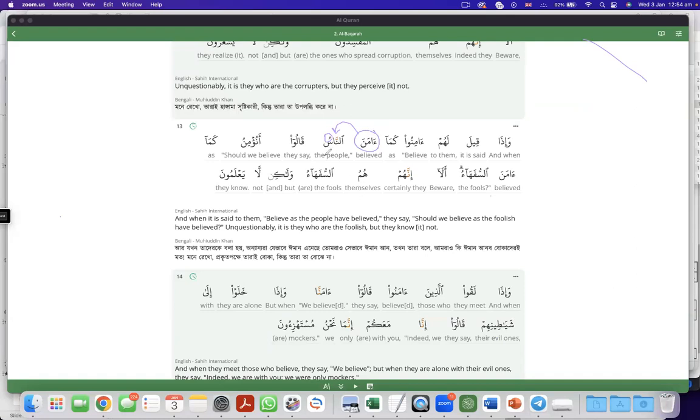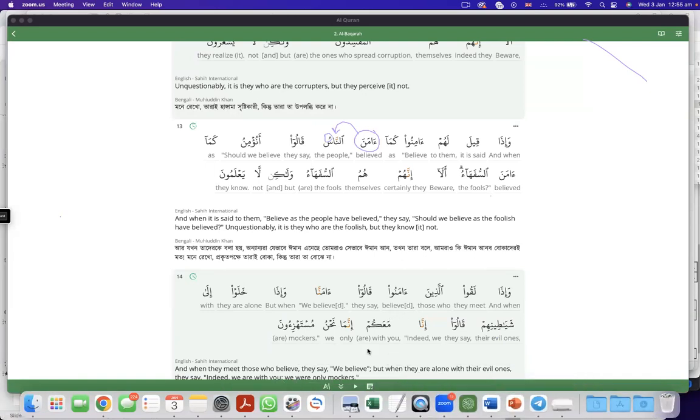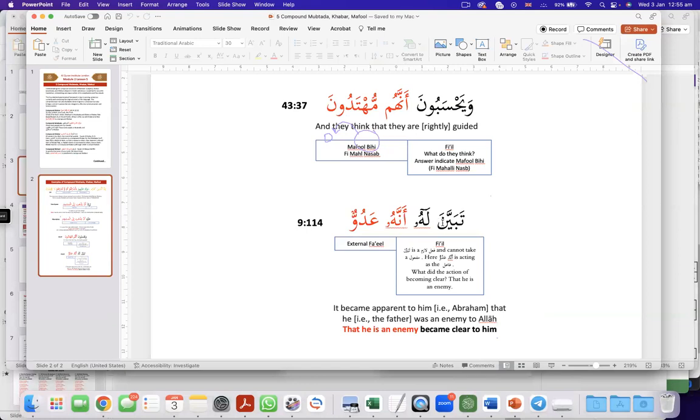This is a situation when you have a fail which has got huwa here. It is your first responsibility to consider whether there's an external file. I know this is not like An-Nasu, but a compound external file may be there. And it is an example from Quran. Okay. Good. Okay.